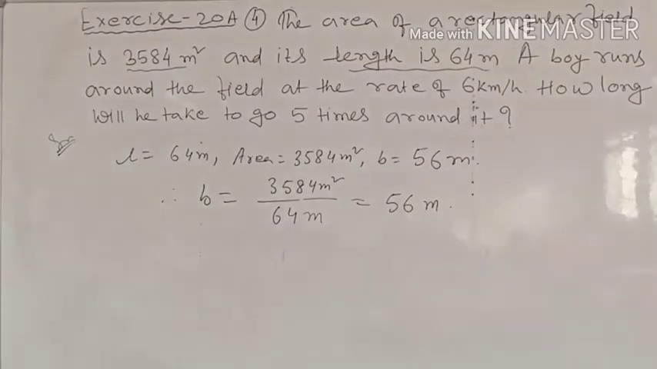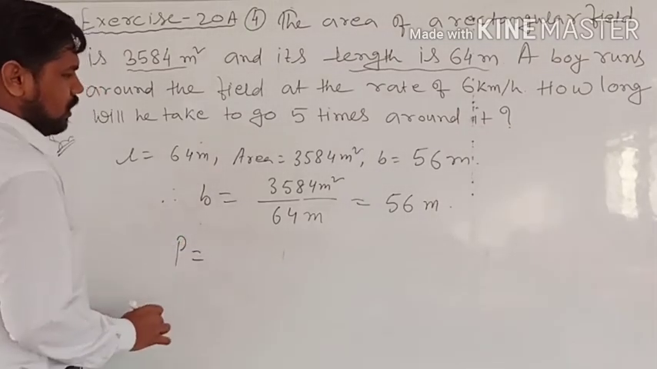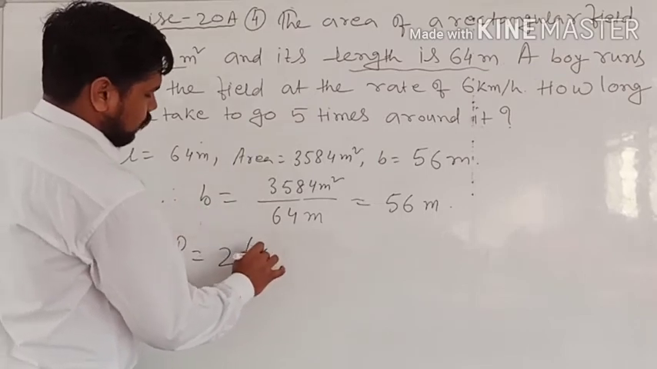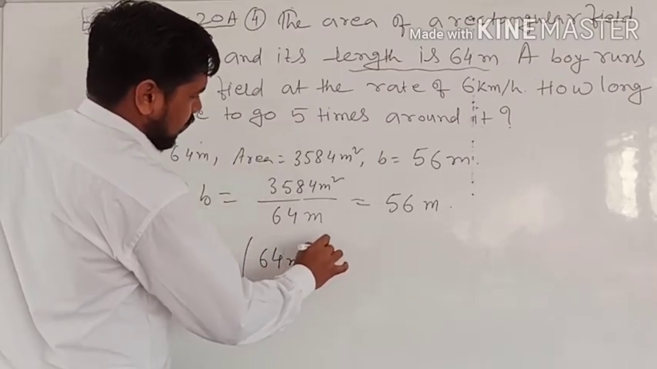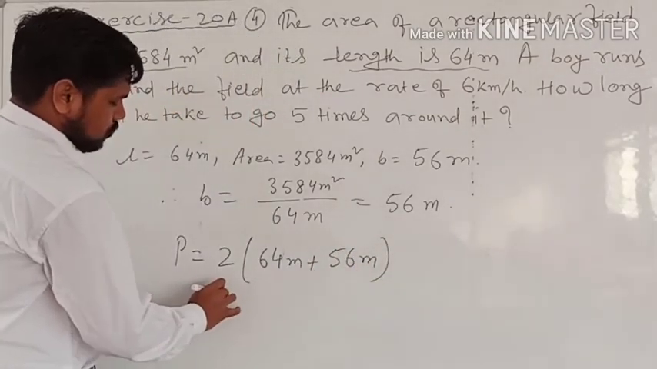So now the most important thing after finding the breadth is you have to find the perimeter now. Okay. So perimeter is equal to 2 into length plus breadth. So 2 into length we have is 64 meter plus breadth we have is 56 meter. Okay. So that means 2 into,